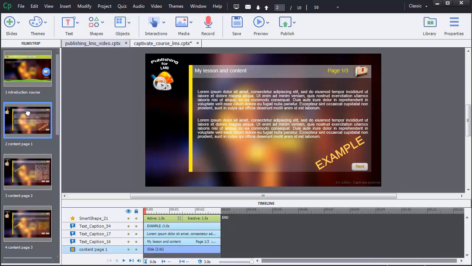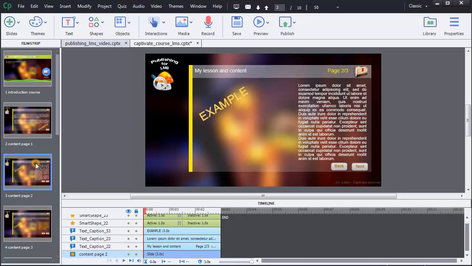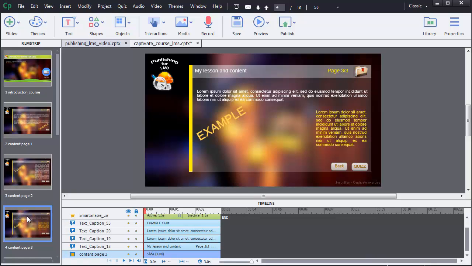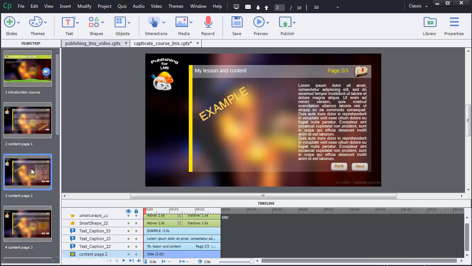The text for the contents is just here as example. I have also included buttons for the browsing in these slides.